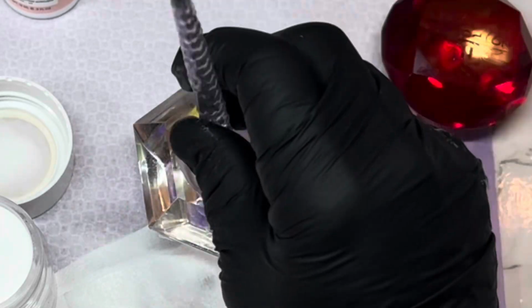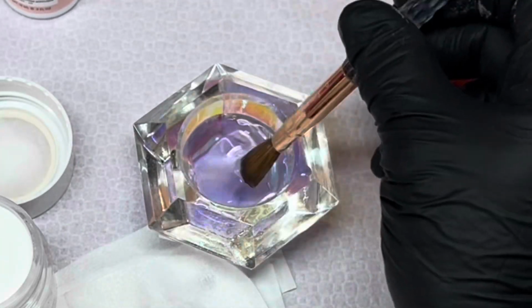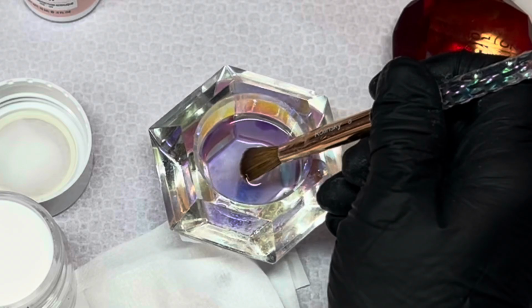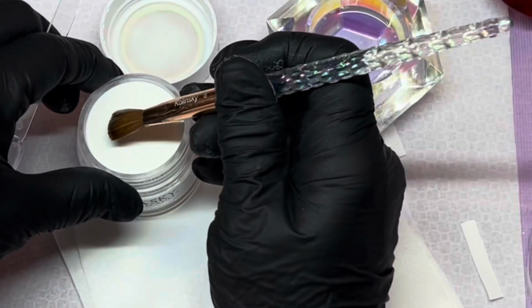I have almost 300 colors from Not Polish, and one of them marbles, just one. And it's not so bad that you can't work it out. So that's what I mean by that. I was just slowing